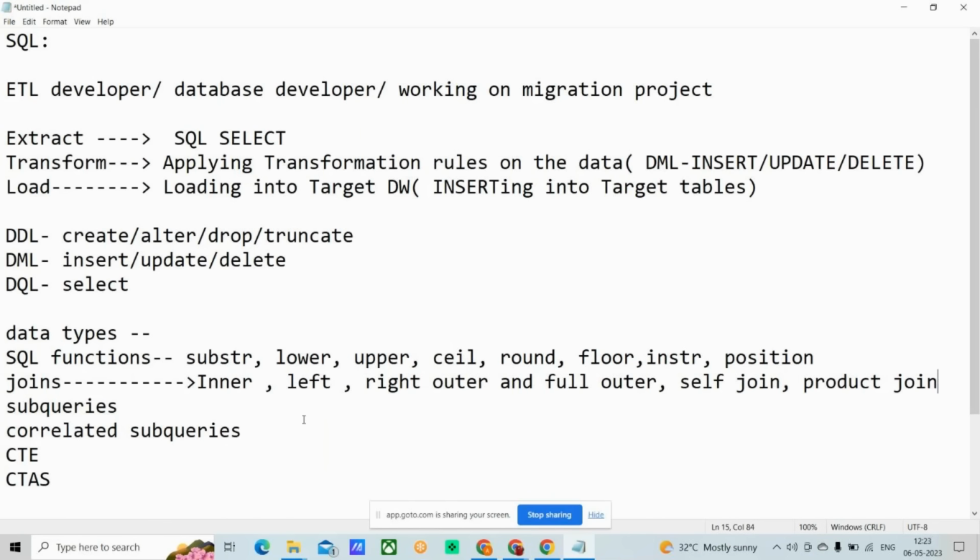But among them, again, inner and left outer are the most frequently used, like 95%. Why I'm telling percentages is so that you will know the weightage. When I say 80, 90, or 95, that means you have to know it, because that's what we will be using in our day-to-day work. Then, of course, self join. I will tell you what is self join and what is product join. Okay, so next,